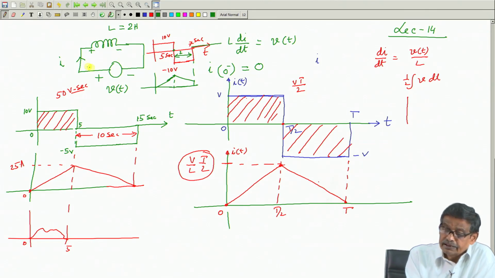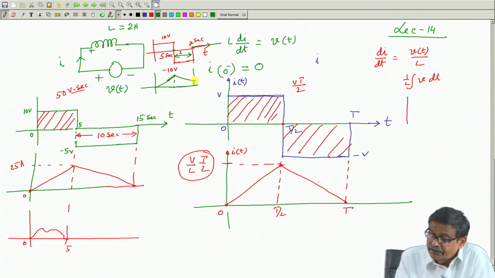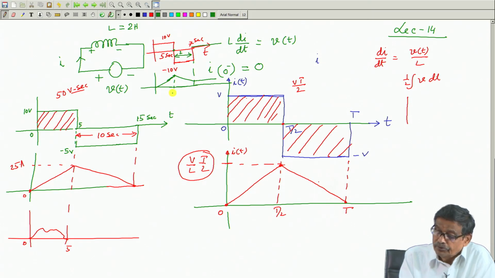What does that mean? The inductor voltage between these 2 points is 0. That means, the inductor is shorted beyond t equal to 7 second. So, inductor current will circulate like this. So, this is 5 second and this is 2 second,